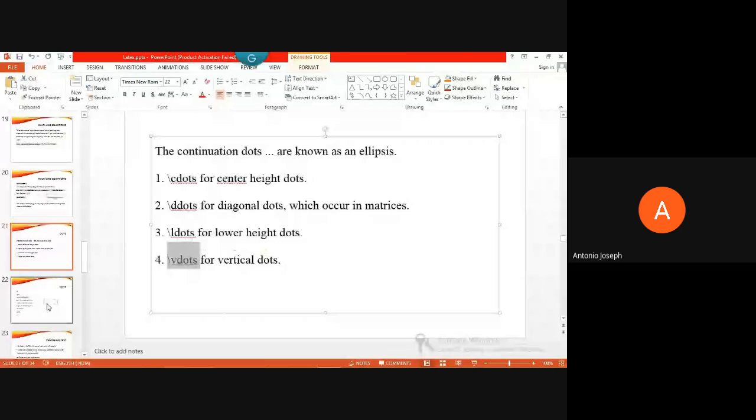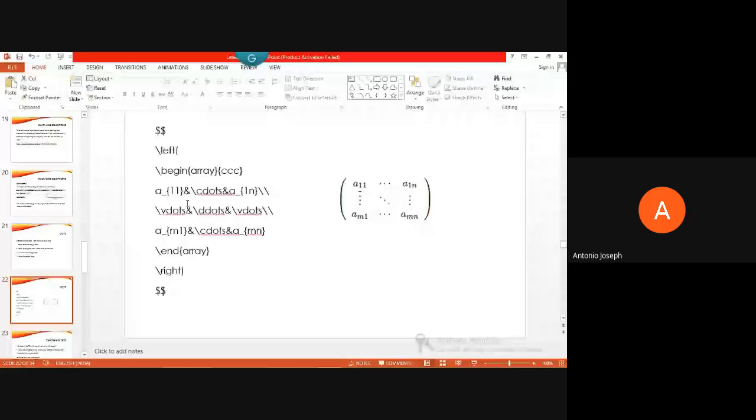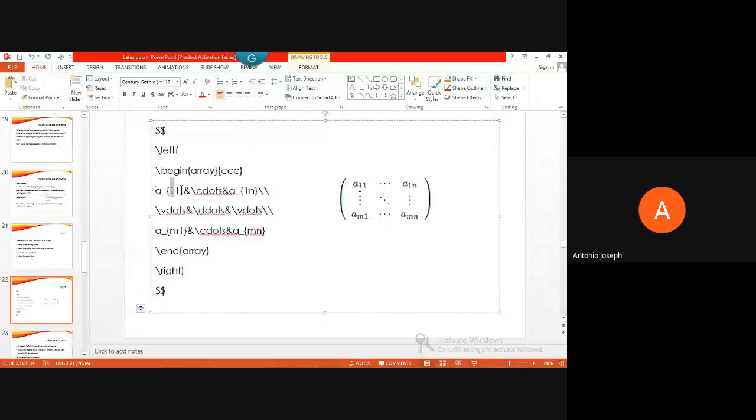We are using an array over here. That's a 3 by 3 kind of matrix. So 3 columns are there, and all are centrally aligned. Then in the first row, first column, we are specifying an element A subscript 11. So 11 should be in a subscript, that's why both are inside a single brace. Then a center dot is being provided. So here the center dot will be coming. Then A_1n.